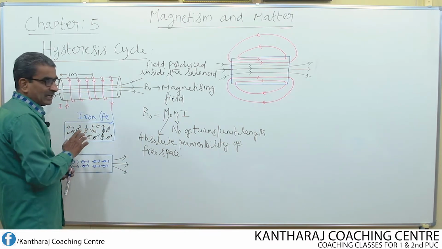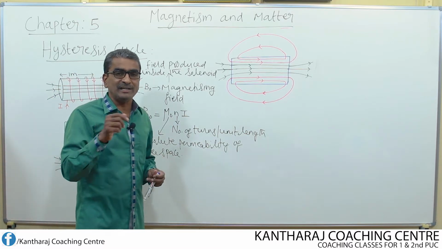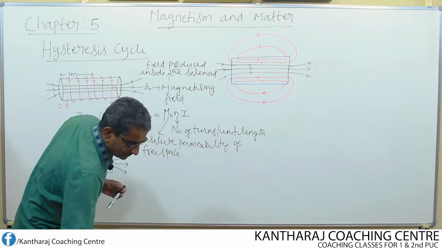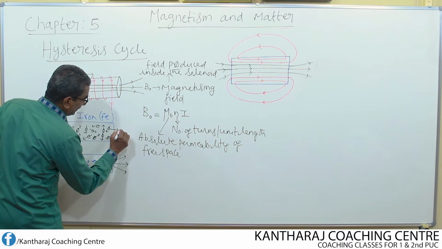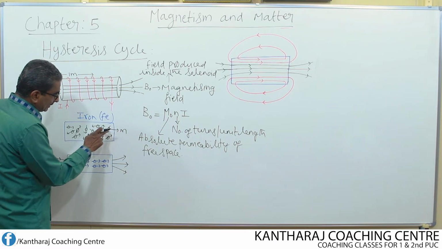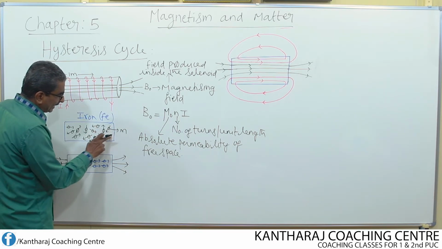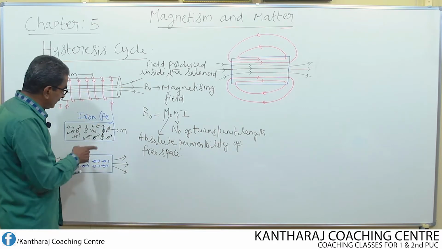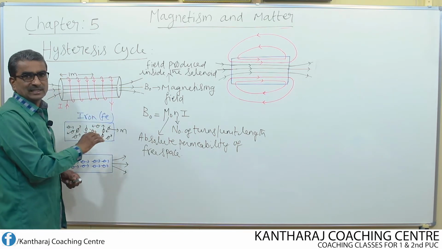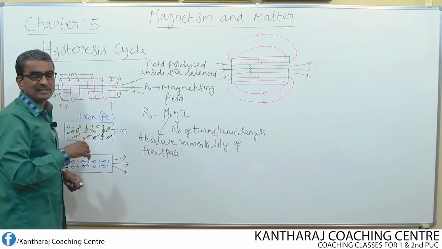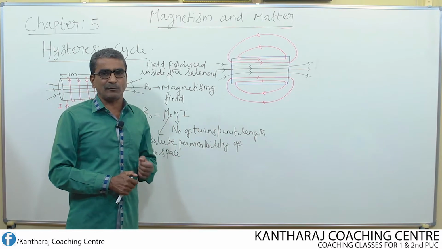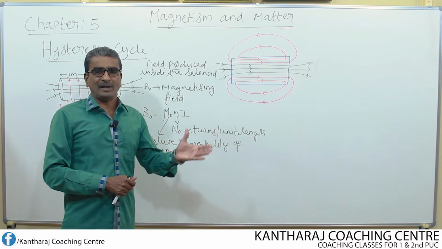These magnetic dipoles are found to be oriented or arranged in random directions. Look here, this is one magnetic dipole. Let the dipole moment of this be equal to M. Look at this dipole and also this dipole; the directions of alignment are totally different. Like this, all the magnetic dipoles of this material are oriented in random directions. That is why the net magnetic dipole moment turns out to be equal to 0, because the magnetic moment of one dipole cancels the magnetic dipole moment of another dipole.